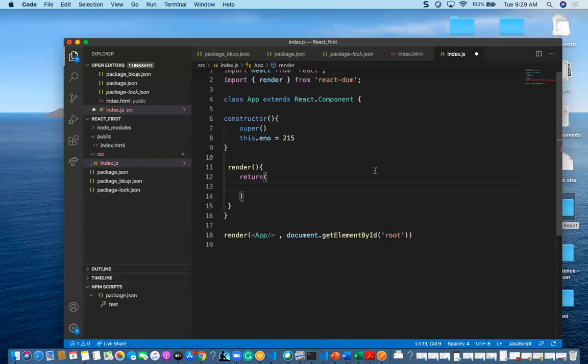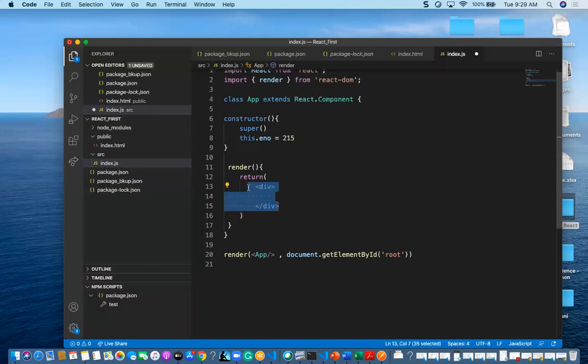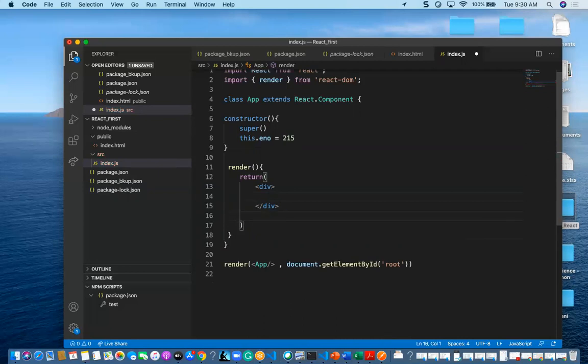Inside the HTML, whatever we are creating here, we have to give one block scoped element, that is like div. Most of the time people will use div actually. So I cannot do two divs in parallel. This will become a compilation error. It will tell you that the JSX expression must have only one parent element, means it has to be enclosed inside one block scoped element only. Here my block scoped element is div. That's why everything has to be embedded.